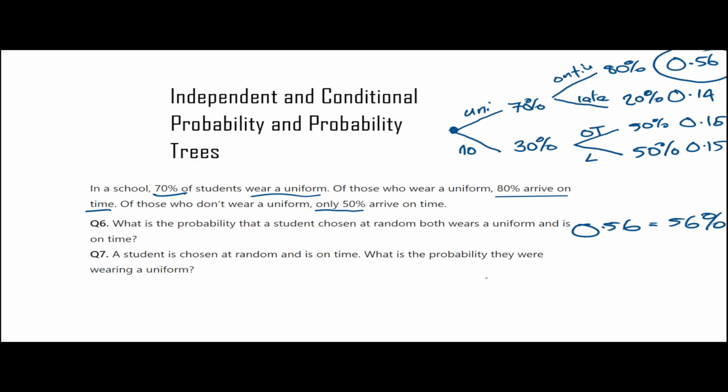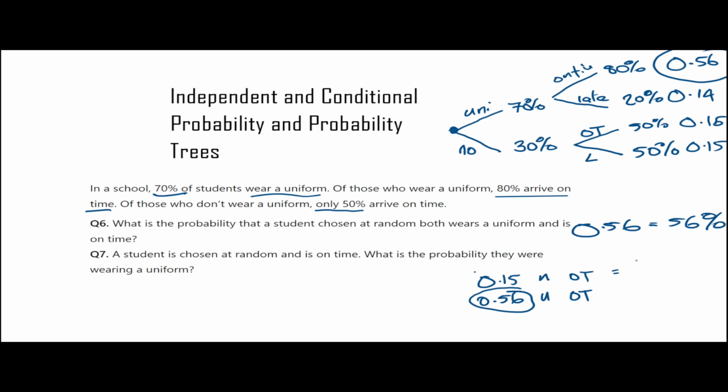So 0.15 of the school, no uniform but on time, and 0.56 of the school, uniform and on time. So what is the probability that they were wearing a uniform? It's going to be